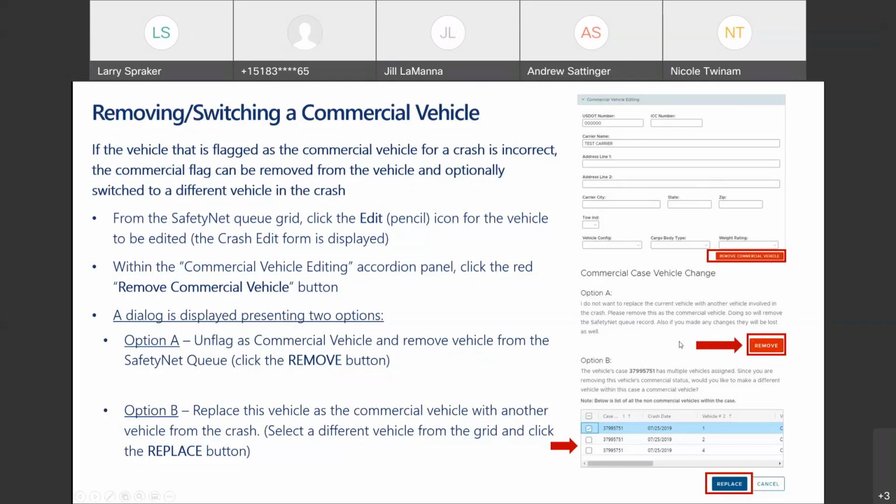I think the way we've understood things is that most times you probably are going to want to use option B. What happened was the wrong vehicle was flagged as the commercial vehicle in the case. Option B gives you the ability to replace this vehicle as the commercial vehicle with another one. It will show you all the other vehicles, and you can scroll across in this little list and see the vehicle type and so on, and the vehicle sequence number, and you check which one you want to flip this with, and then you hit